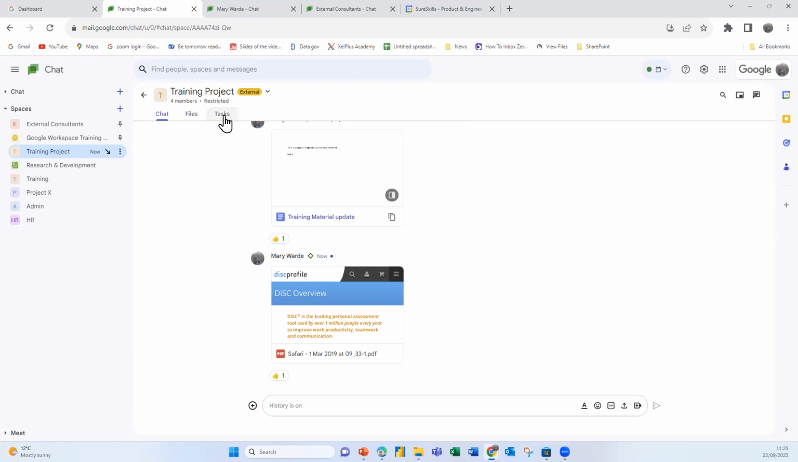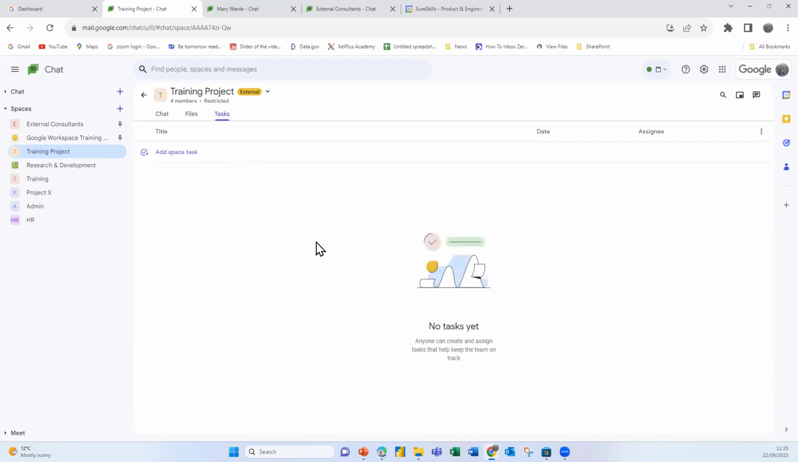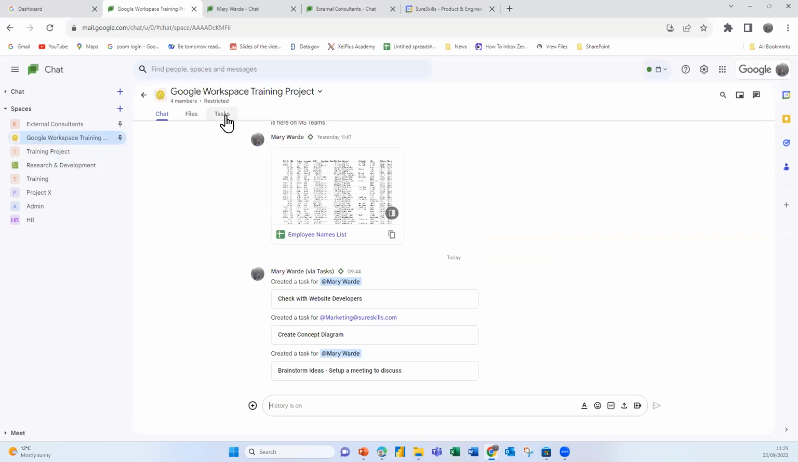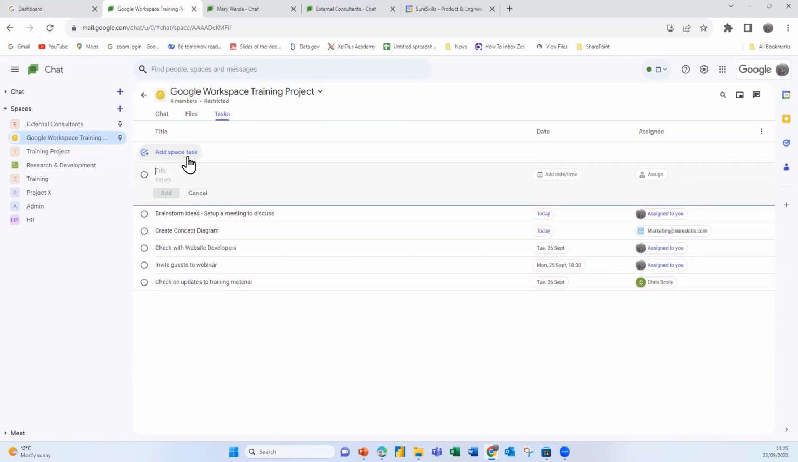Let's take a look at the tasks itself. So you see here, you can add tasks to the workspace. I'll click onto one that I created previously just to show you some of the tasks. I'm sure you don't want to watch me typing all of the tasks in, but here you'll see the tasks as they have appeared. Anybody who's been assigned a task, when you add a task, so in here you might want to say,